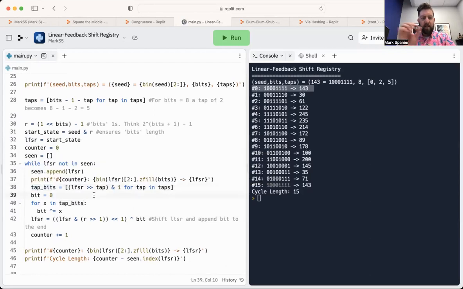So the easy way to do that is to take that thing, shift it tap units over, and then AND it with a 1 to extract out what that number happens to be, and then take all those numbers and XOR them together. So that's what's happening in there: there's a shift tap units, you AND it with the 1 to extract out the actual thing that you care about,